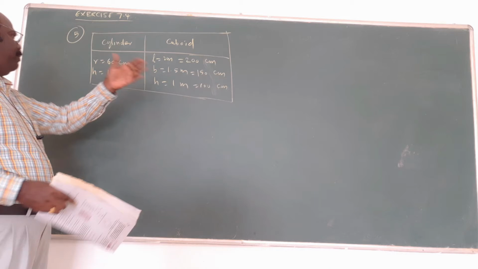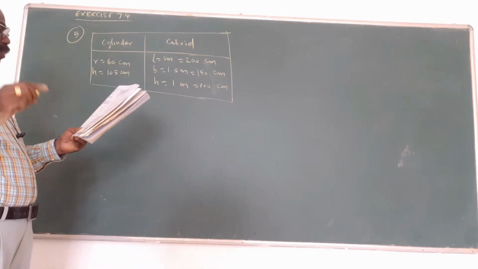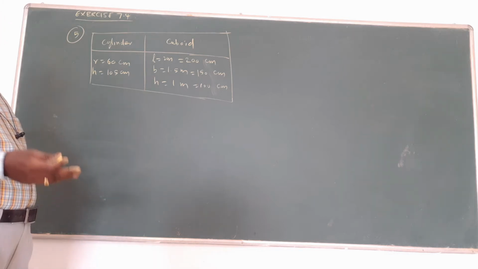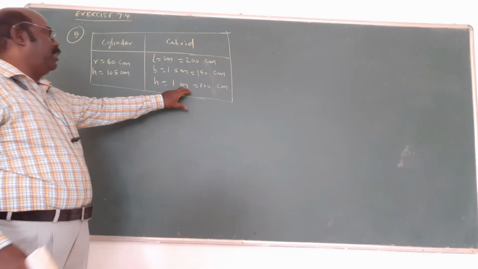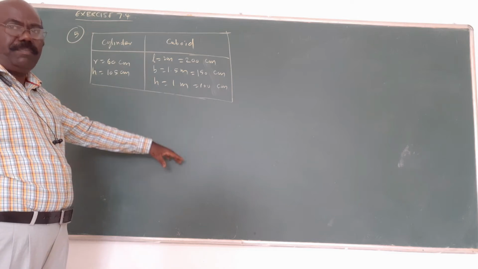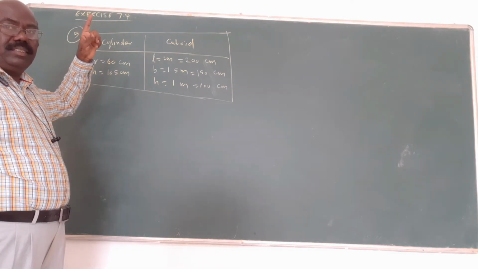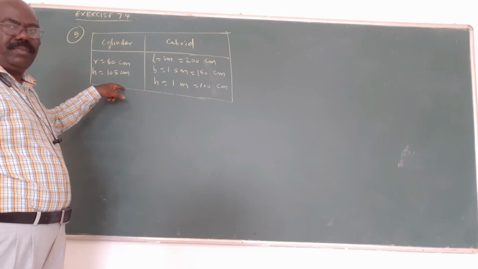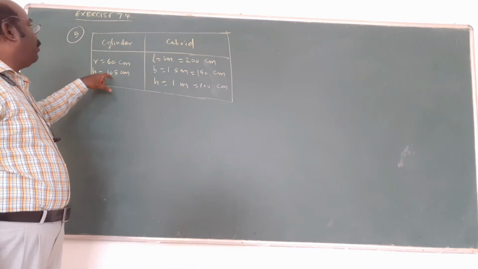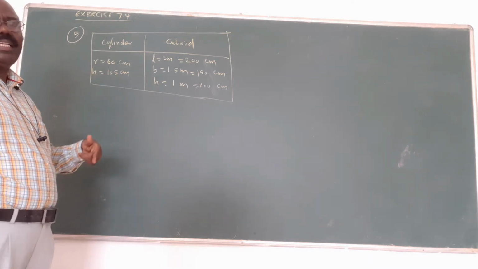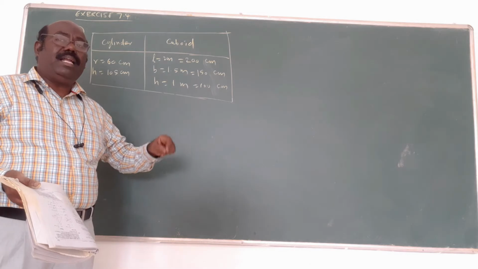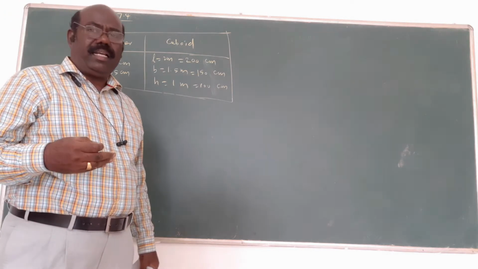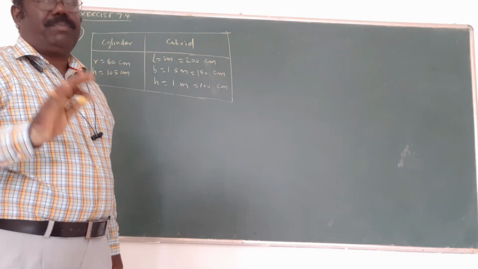Now, what is being asked? Find the volume of the water left in the sump. Left in the sump means you want to subtract. That's important. The cube-shaped sump is underground, and the overhead tank is the cylindrical tank in the house. From the sump, you fill the cylindrical tank. So the volume of water left in the sump is asked, and that means subtraction. First we find both volumes, then subtract.